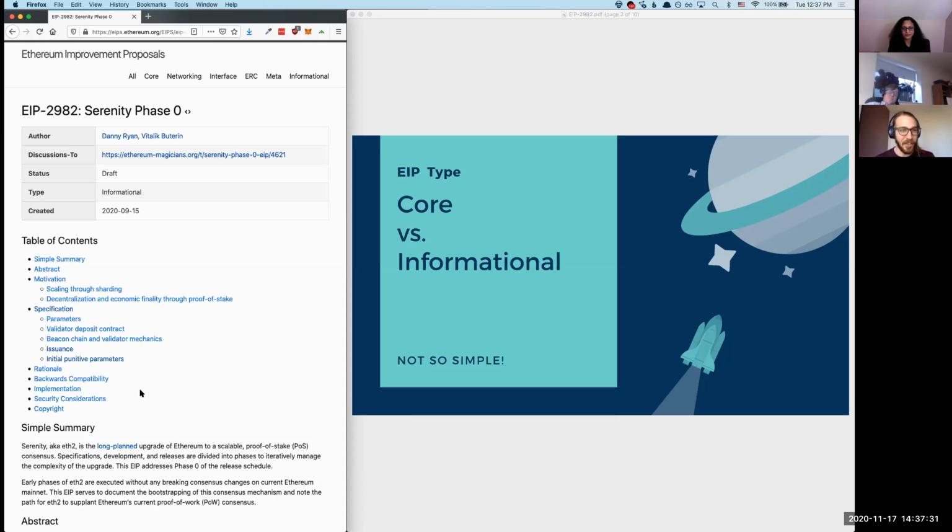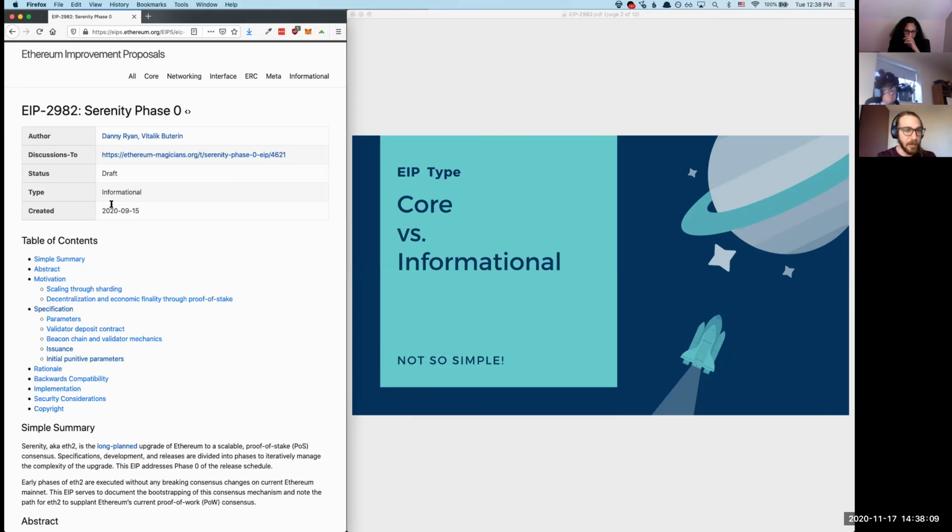Then you can check out the initial pull request. It's a bit of a hot topic debate. And I think people were generally happy with informational, although there was a debate, and I can get into this. This is more about like specifications as to whether this should have even been an EIP. So we didn't intend to drop anything controversial here, but it is a strange EIP for a number of reasons. One of which is that it is an informational thing, even though it's intended to affect mainnet eventually. And the other is the specifications. We can get into that later. So I have the EIP pulled up here.